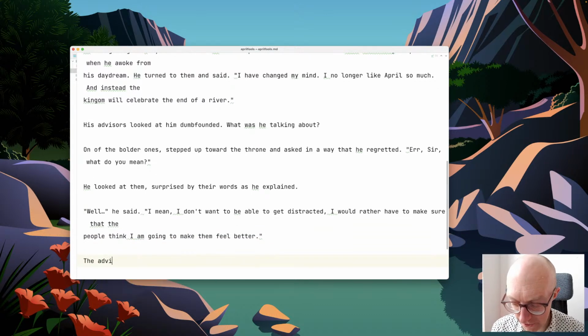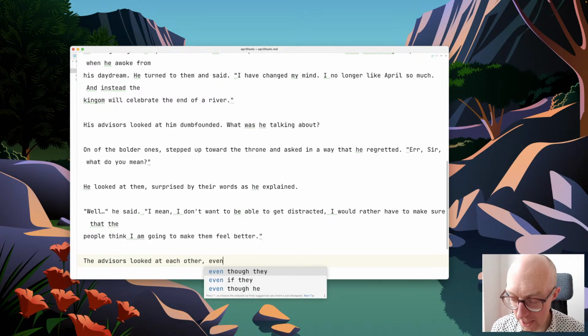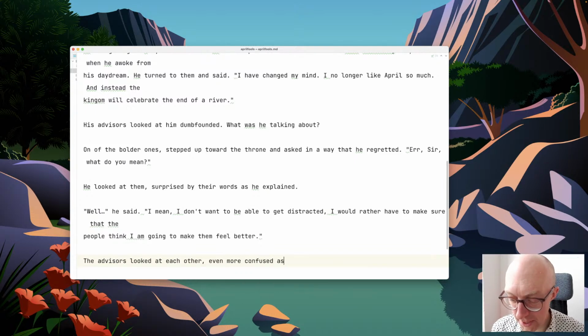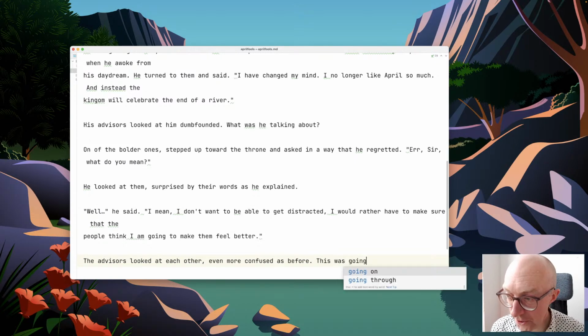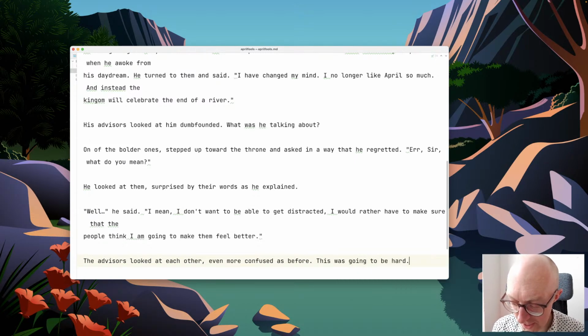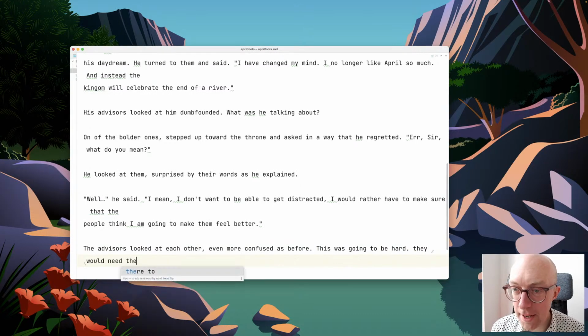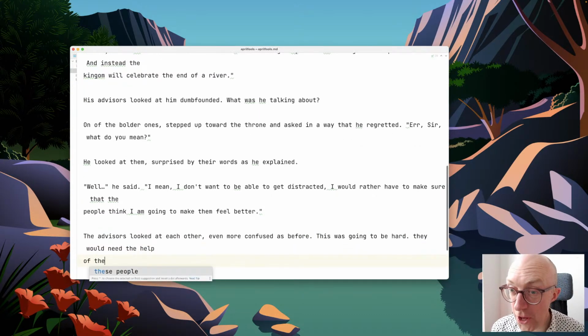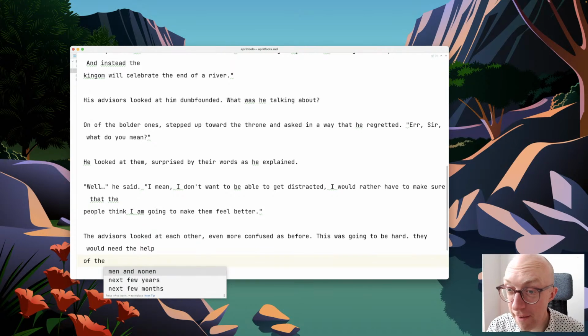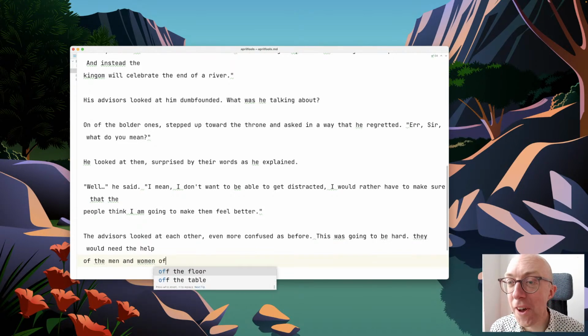Okay, the advisors looked at each other, even more confused as before. This was going to be hard. They would need the help of the men and women off the floor of the